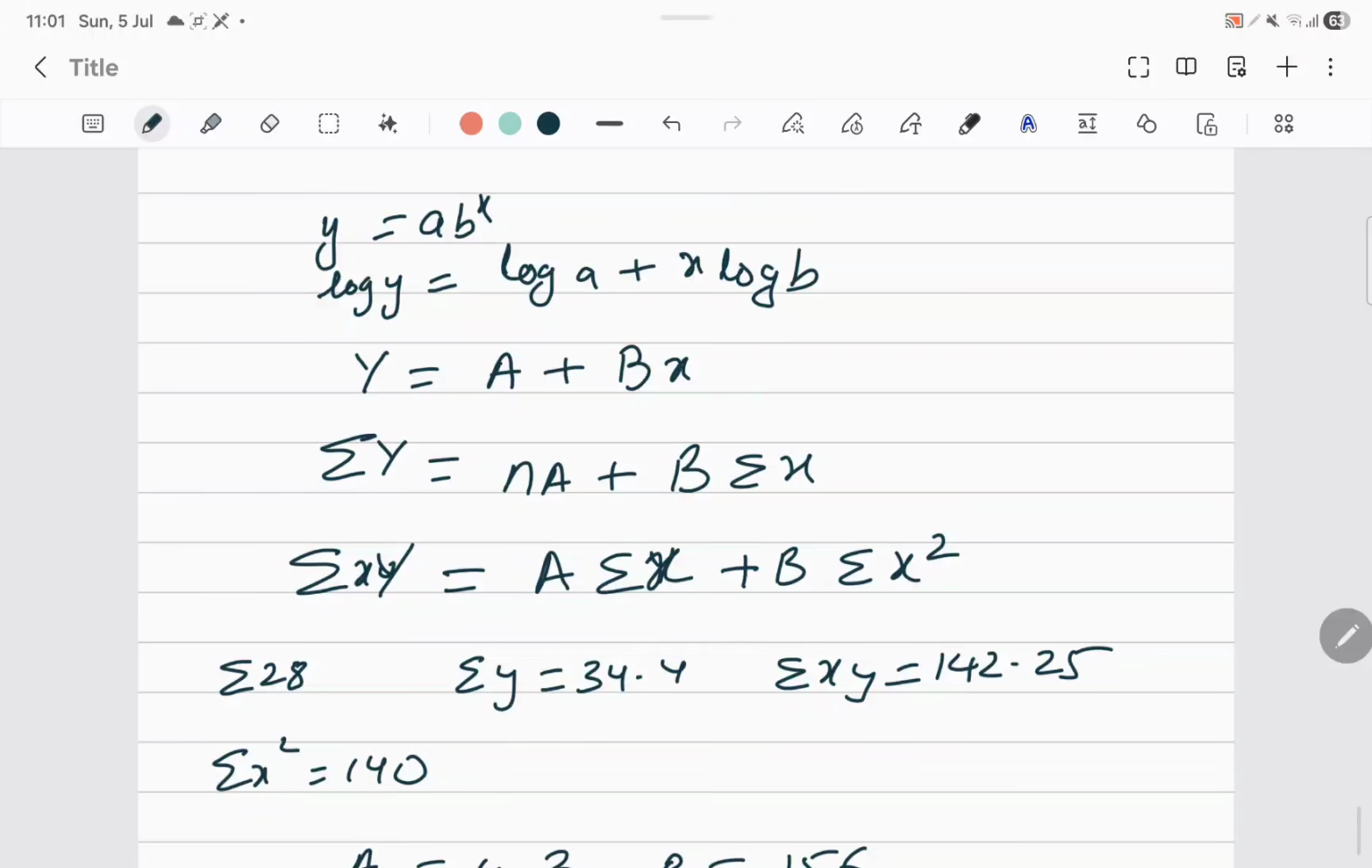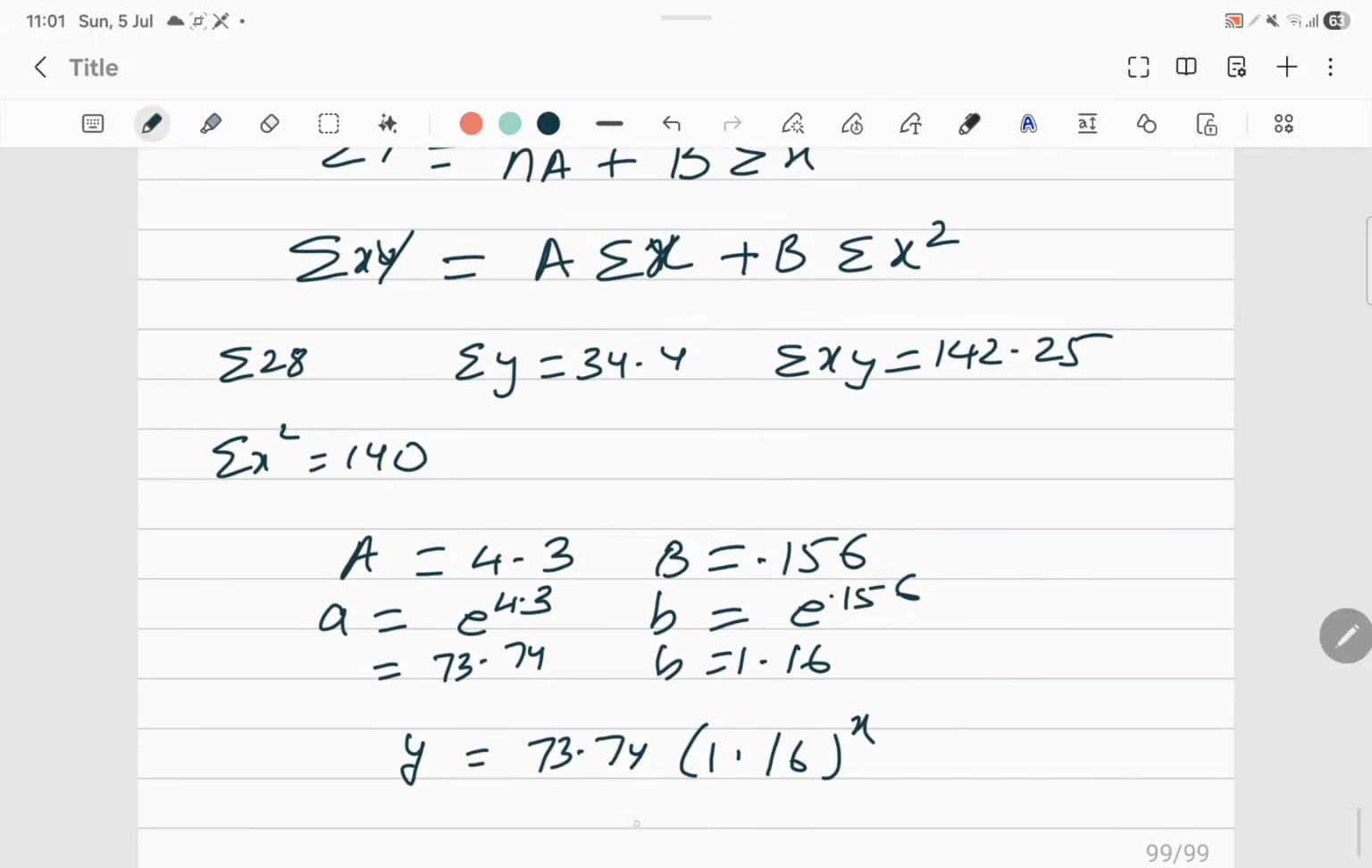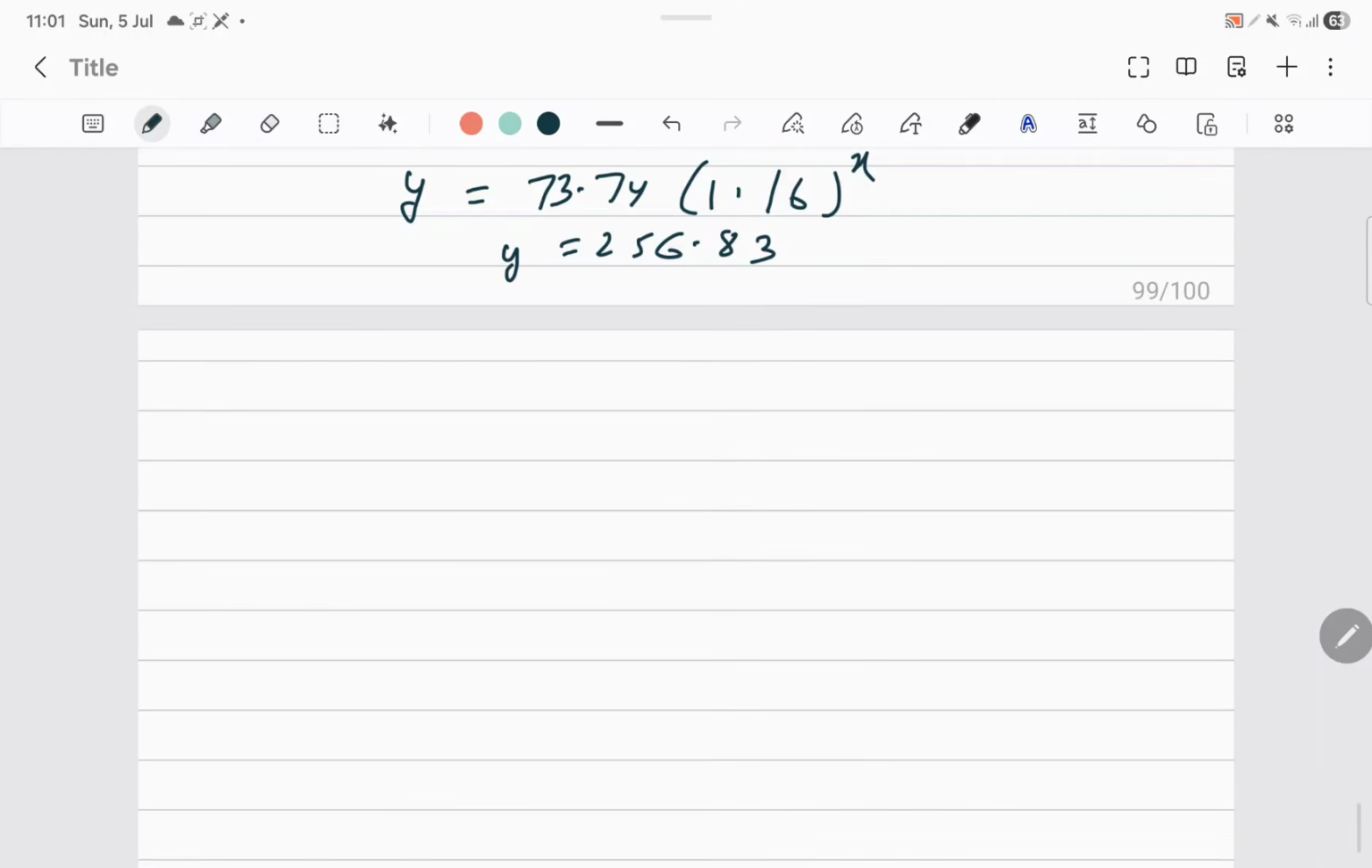And in this question they have asked an additional thing, find y at x is equal to 8. So when you put x is equal to 8, y will be 256.83. Right? Then you have the next question, question number 18. Again your x values are 2, 3, 4, 5, 6